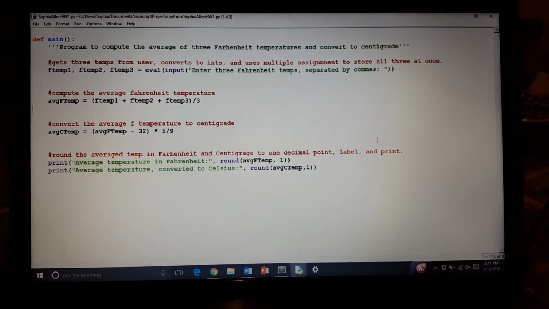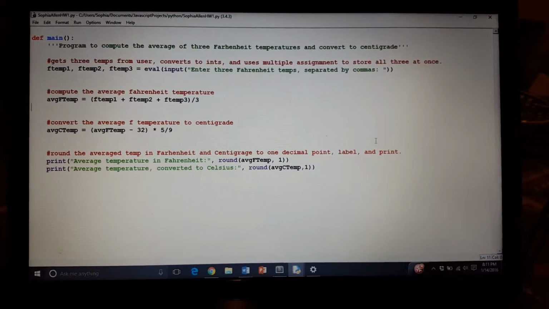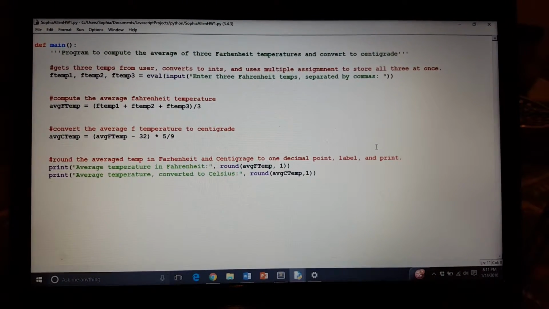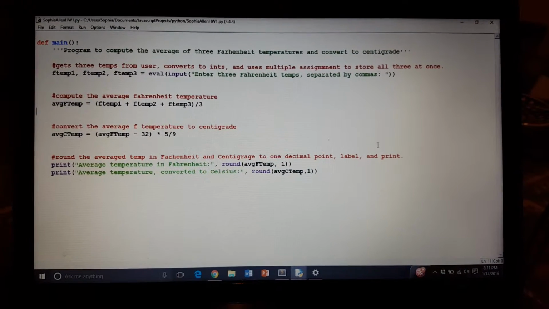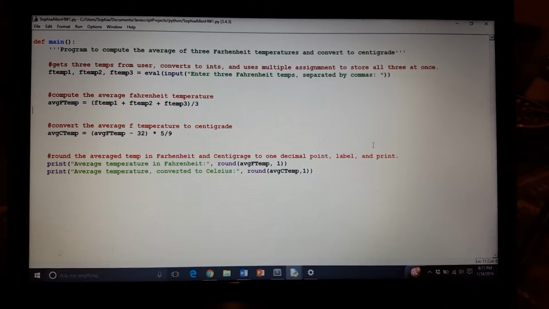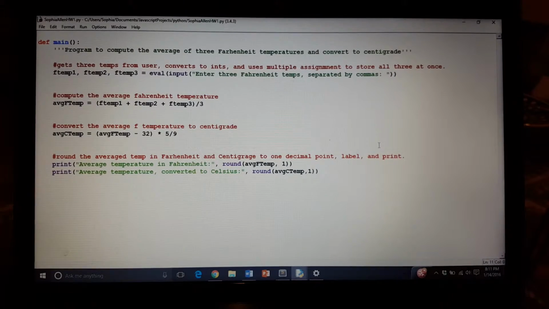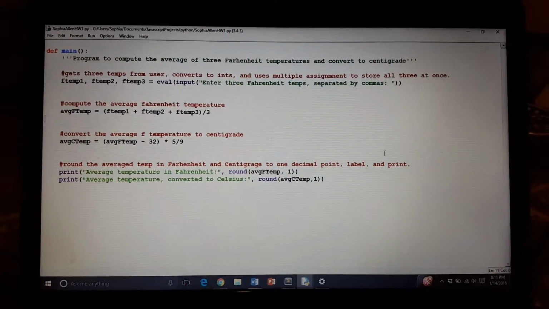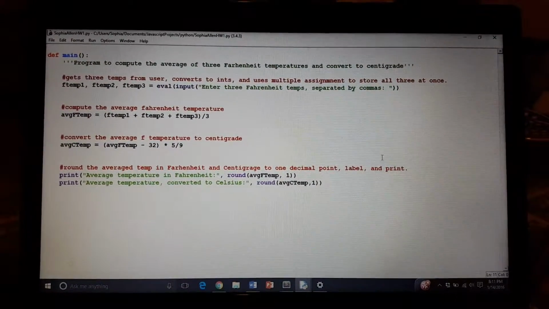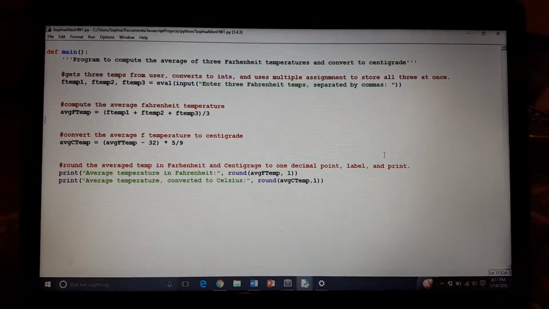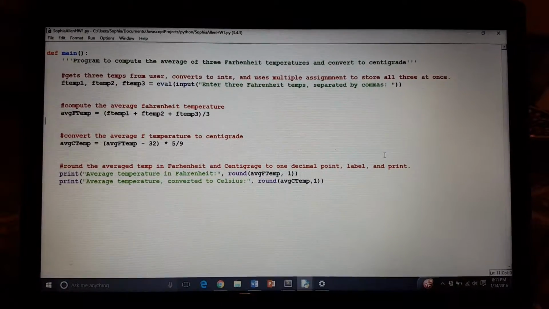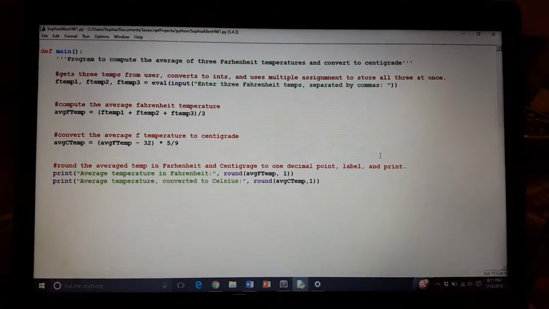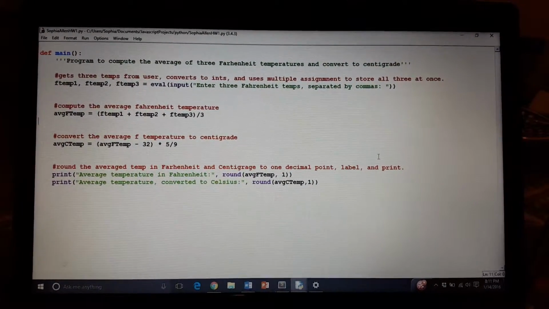Alright, so the first thing that I need to do is get input from the user. So I'm going to use the input function asking for 3 Fahrenheit temperatures, and specifically they need to be separated by commas for this to work correctly. And since anytime I'm getting input from the user, it comes in as a string using this input method, I've got that input wrapped in an eval function so that after the user puts those in, they get converted into